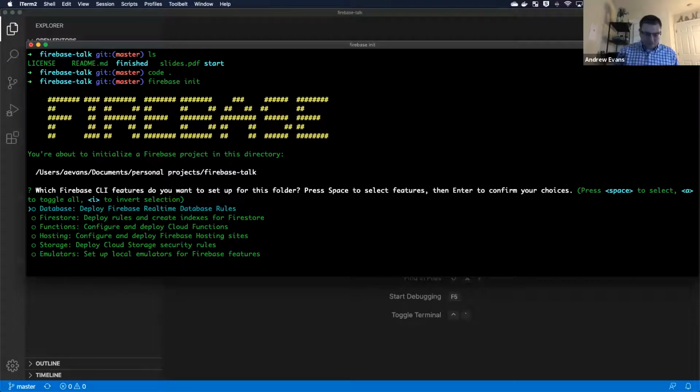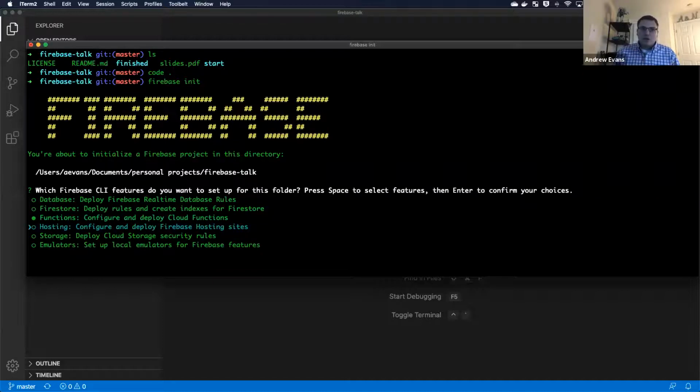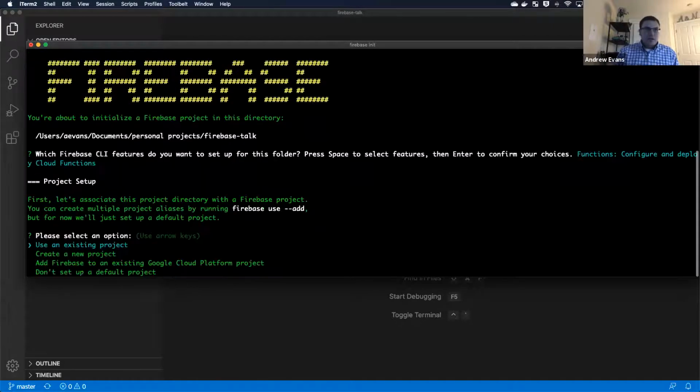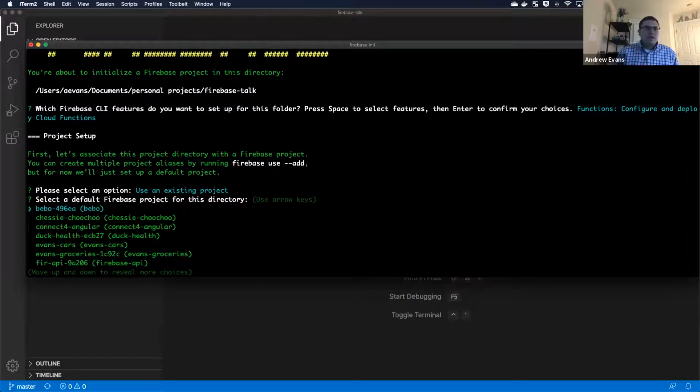there it is. When you do firebase init, it's looking at the project, and then it's going to ask you what you want to build. And if you notice, just like I said in the beginning of the slides, it's offering a database. You can set up rules for Firestore. You have functions, which is the one that we're actually going to use, but then you can also do hosting, storage, and you can use local emulators. I'm choosing functions. Then I'm going to say use an existing project, and then it's going to pull up the projects that I have,